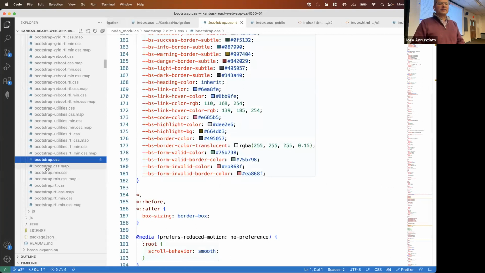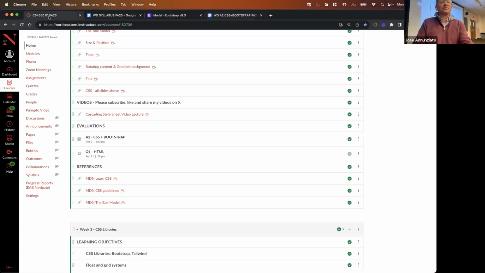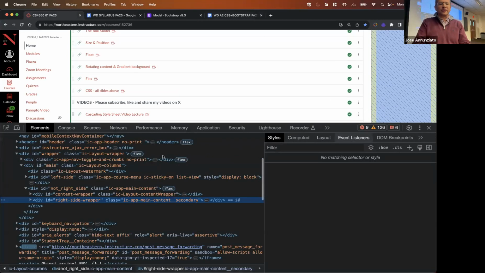Okay, and it's meant to minimize the size of these libraries because they need to be downloaded by the browser. Whenever the browser goes to a website, it downloads tons and tons of things. So, for instance, here, just to render this one screen,